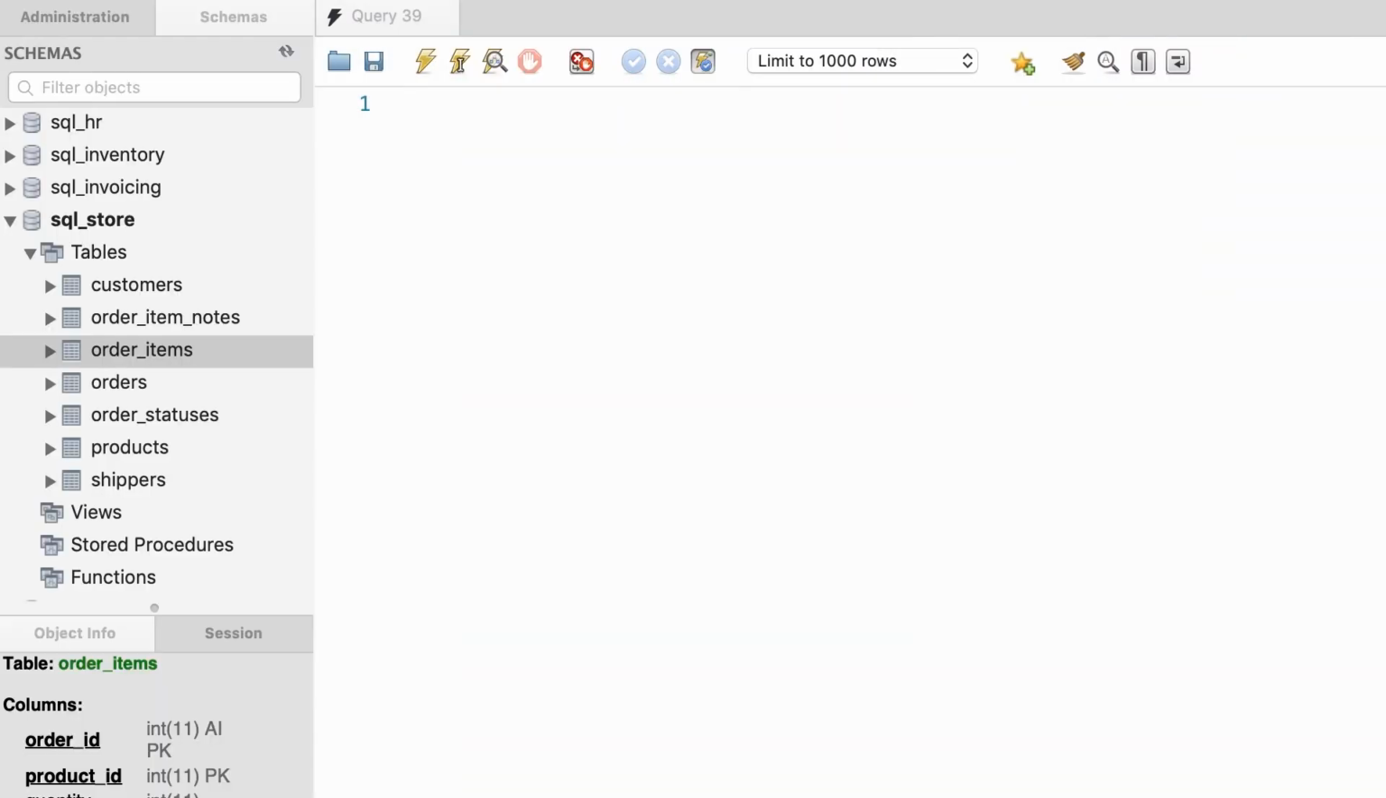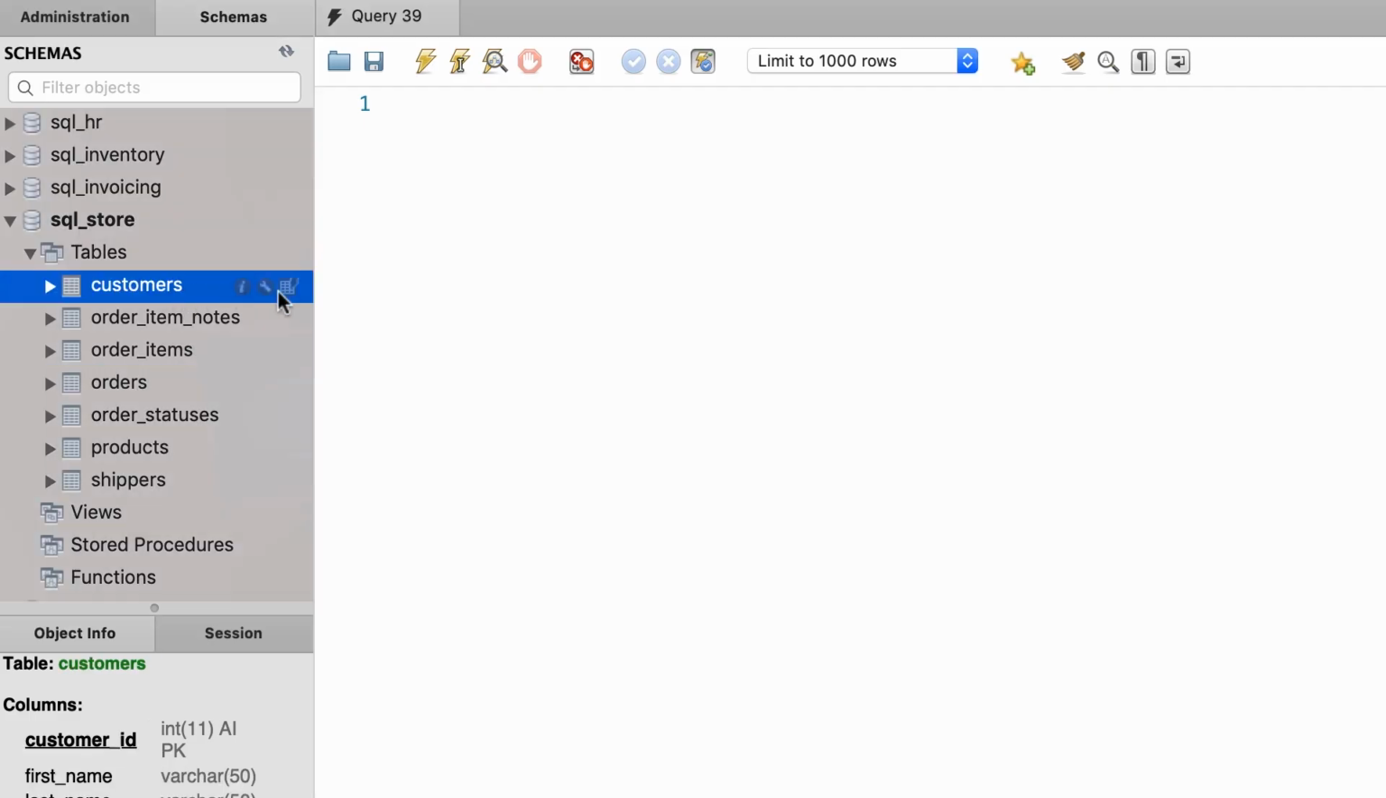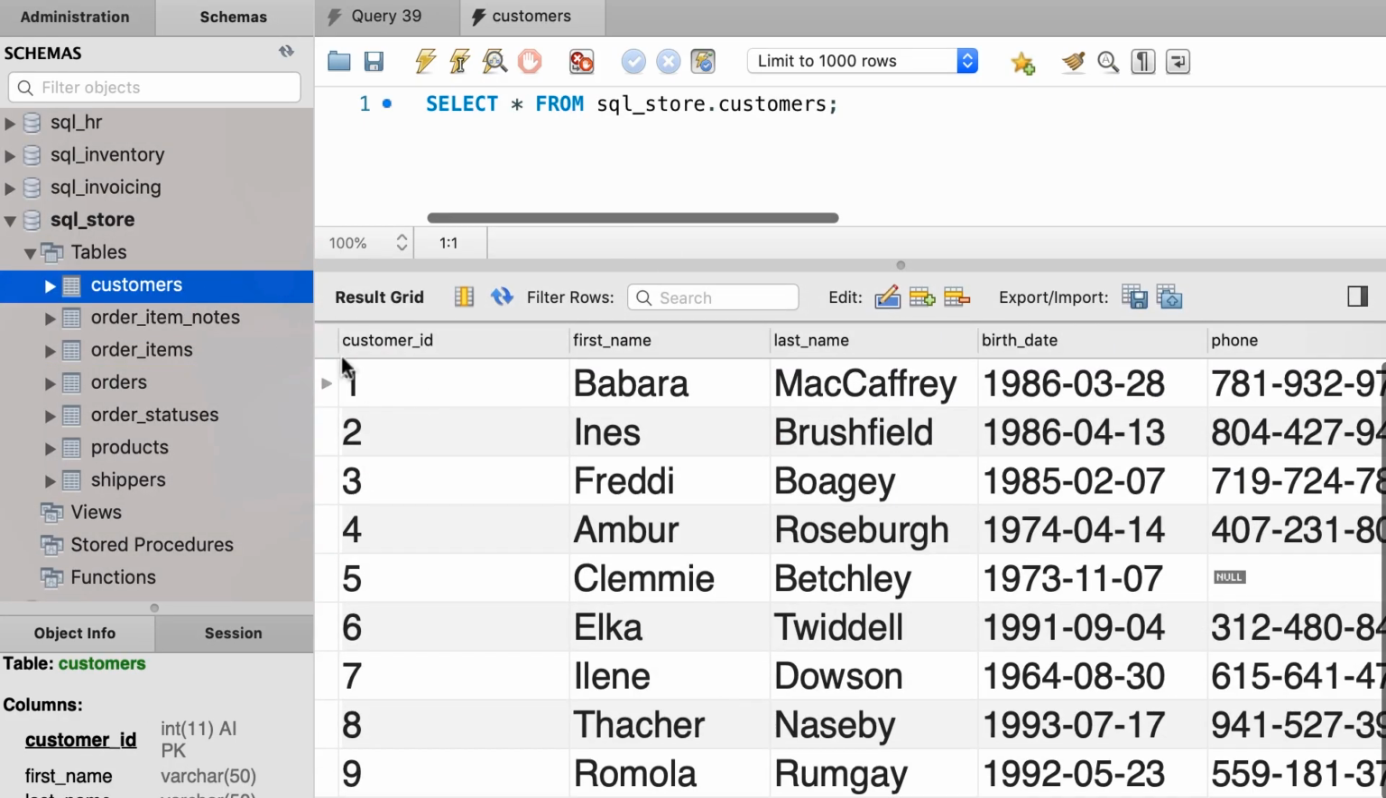In all the examples you have seen so far, we use a single column to uniquely identify the rows in a given table. For example, in the customers table, we have this customer ID column, which uniquely identifies the rows in this table. But there are times that we cannot use a single column to uniquely identify records in a